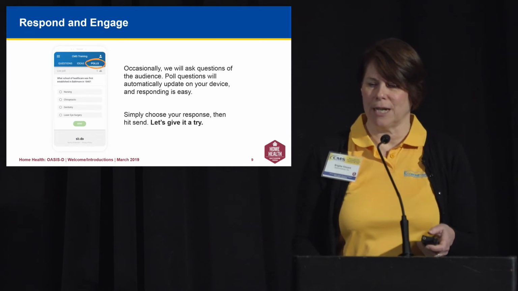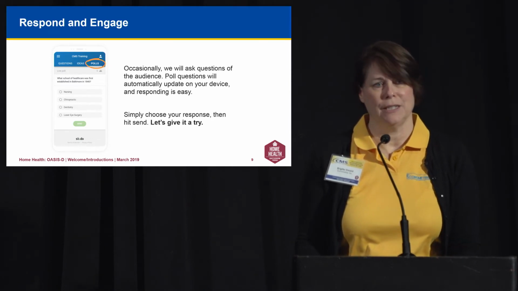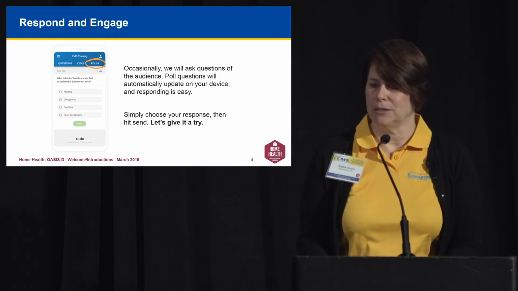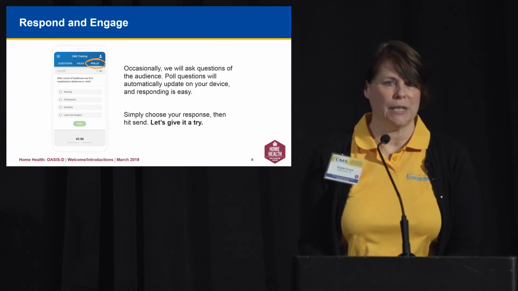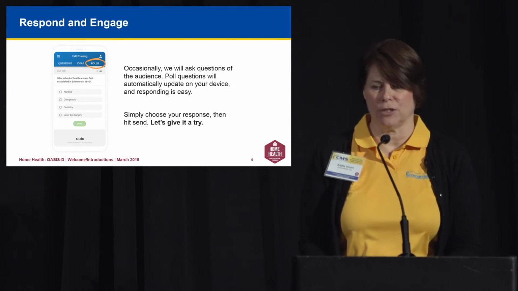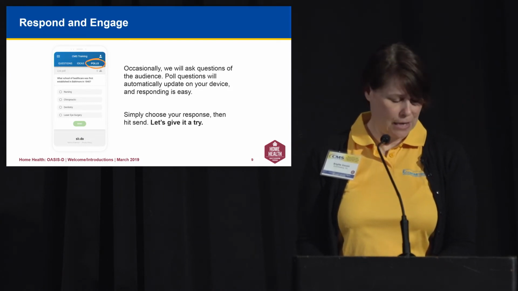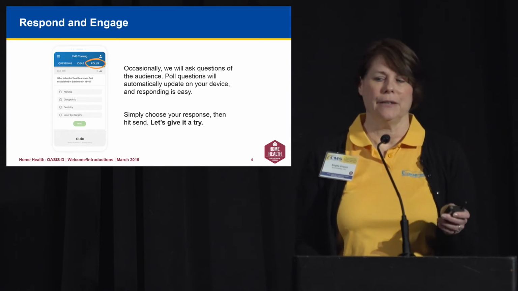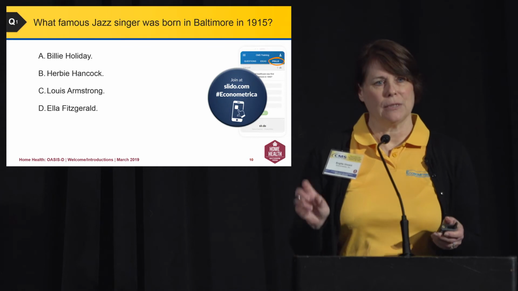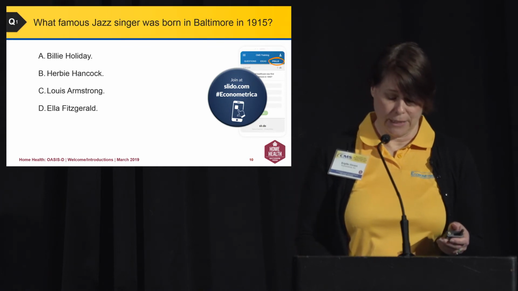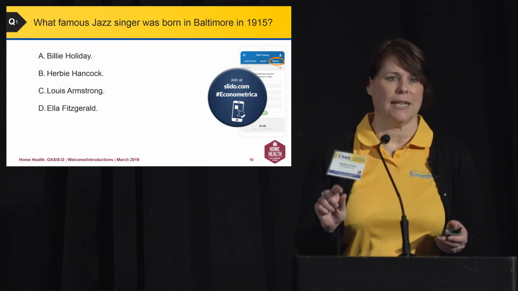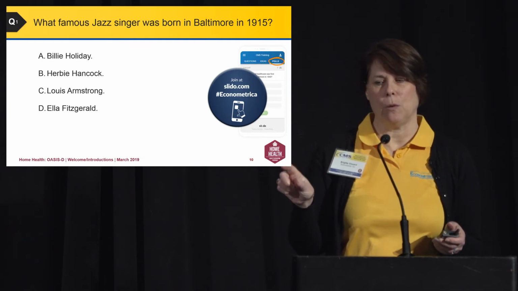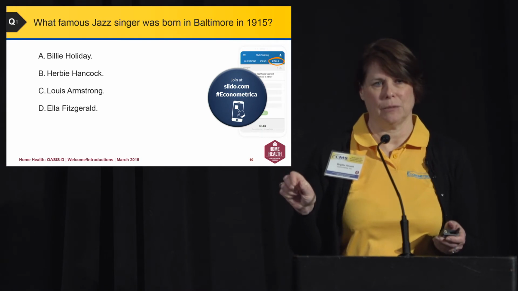So the first functionality that we're going to go over is polling. Occasionally, as I mentioned, throughout today, we're going to be asking you to code a number of scenarios. We'll be asking you some other knowledge check questions, and that's when you're going to have the opportunity to respond. So we're going to go ahead and give it a try. Across the top, you'll see there are actually 3 different indicators. I think questions, ideas, and polls. You want to touch the poll or be on the poll piece of this presentation.